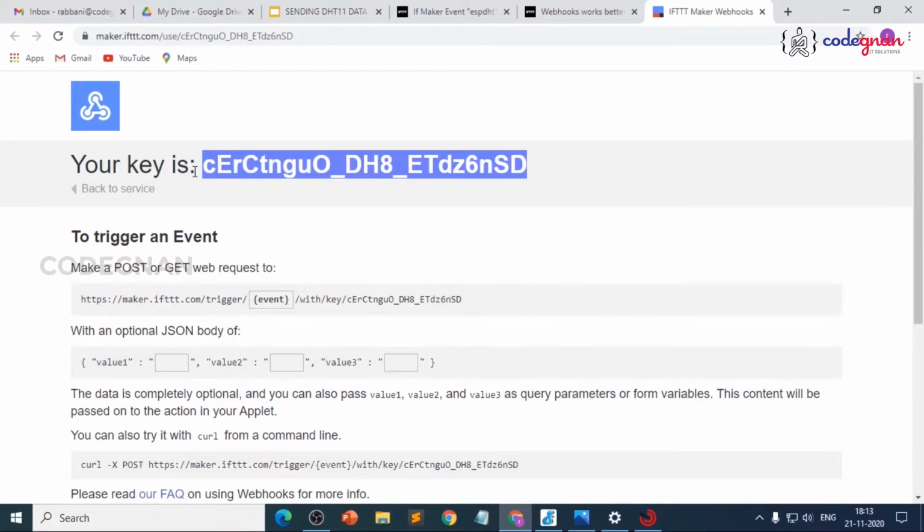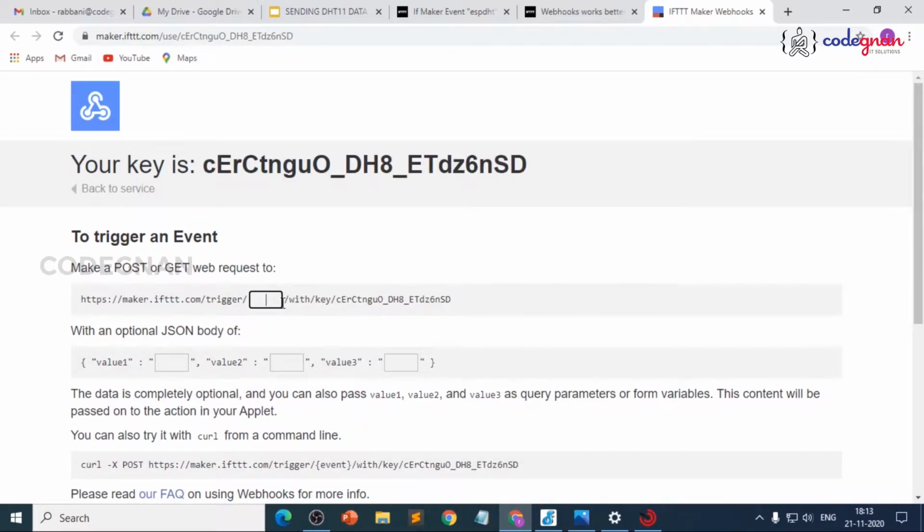We require this key because it is associated with the account we logged in with. This key and the event name, ESP DHT, are both required to trigger the command. So we have created the IFTTT applets: the webhooks applet along with the Google Sheets applet.